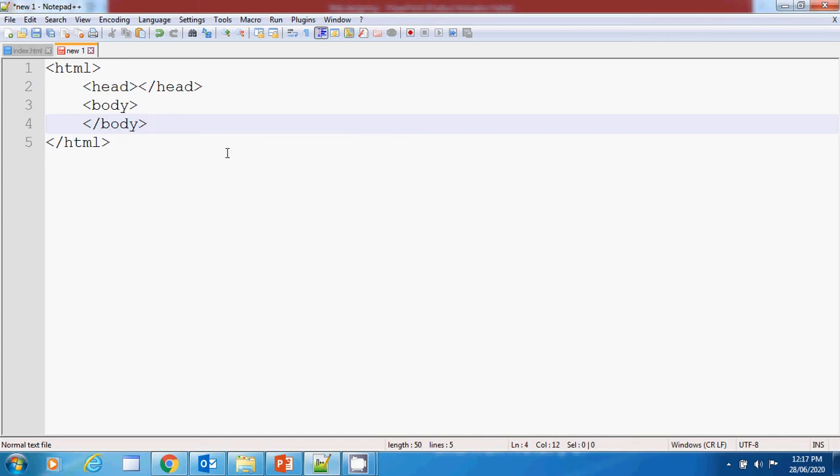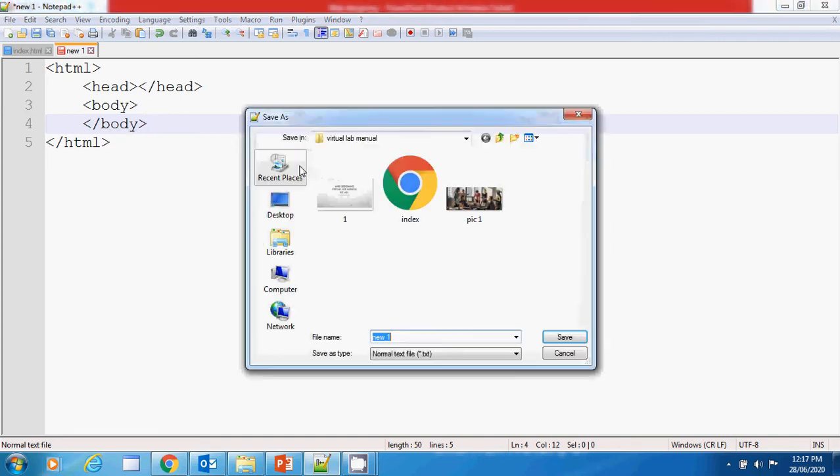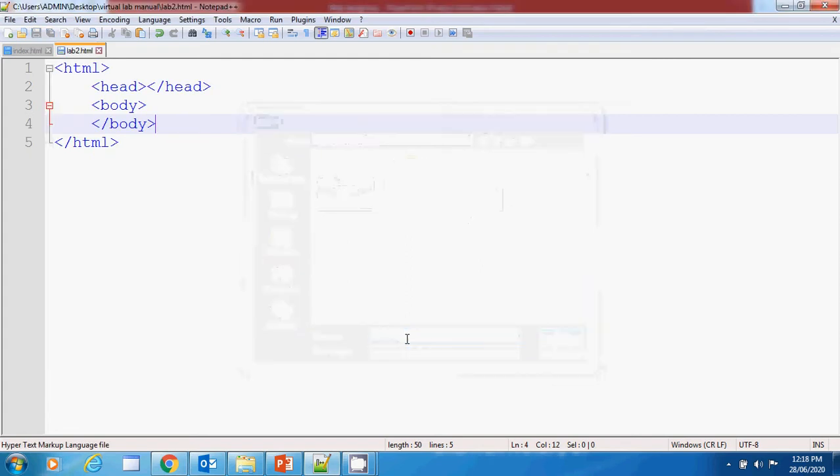So I'm saving this file in our already made directory named virtual lab manual. I'm saving it with lab2.html, right?